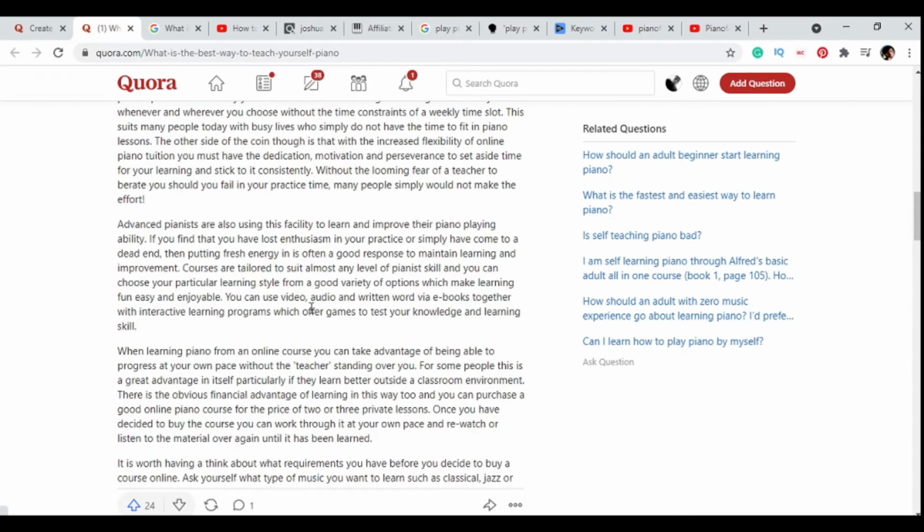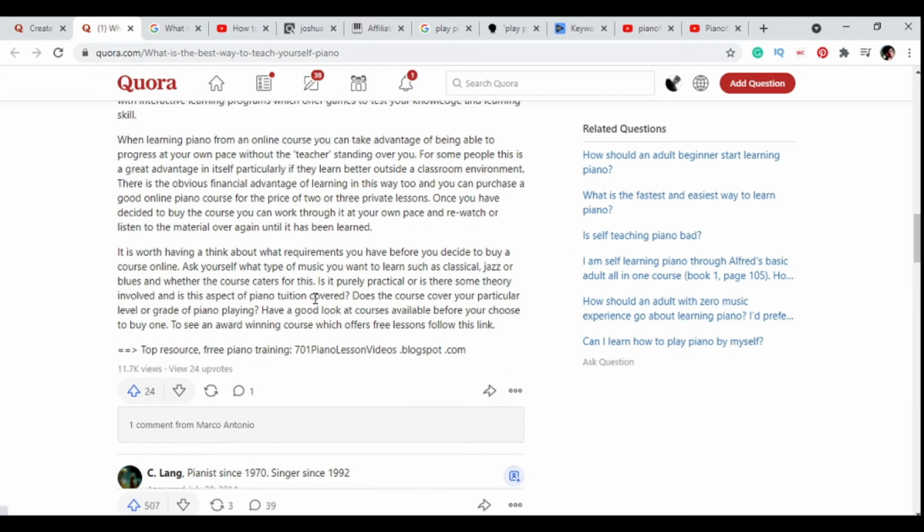What we're going to be doing is adding a link to our landing page. We're going to use a landing page, which you can create for free using ConvertKit or any other landing page software that you want. So we're going to need a landing page. Once we have the landing page ready to go, we're going to answer this question.